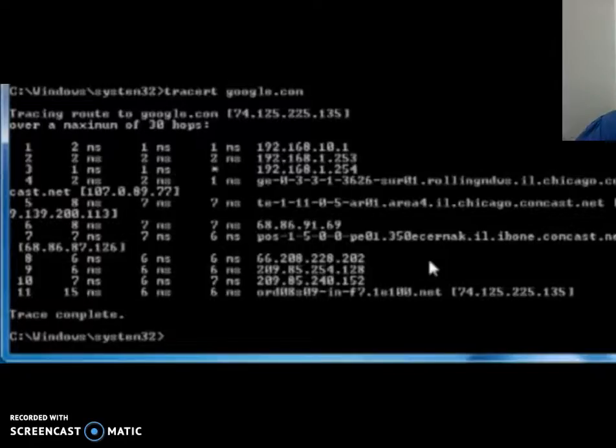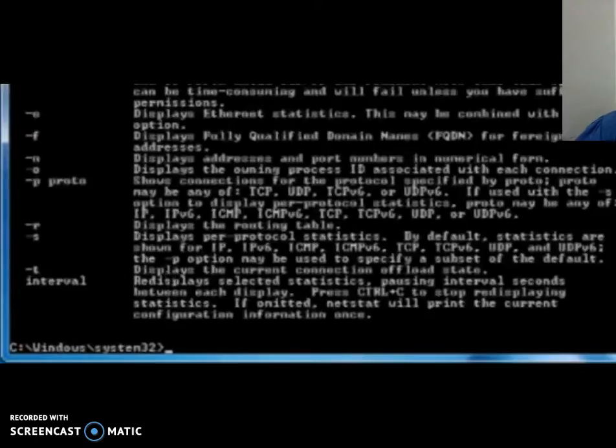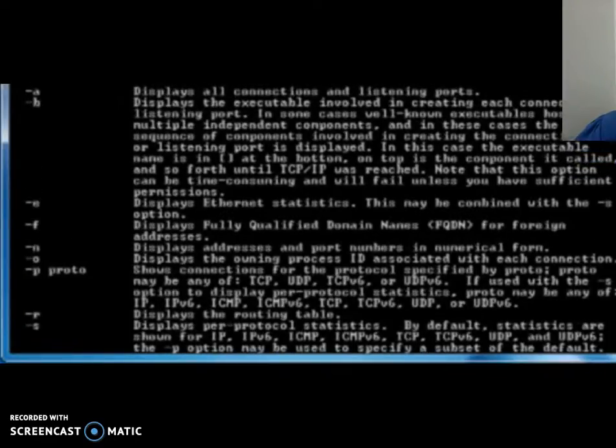Our next command is going to be the netstat command. The netstat command is used to display the network statistics of your computer. Let me say netstat hyphen question mark, which gives me all the details, which is a help prompt. You can use netstat hyphen a, hyphen b, hyphen e, hyphen f, hyphen n and so on.